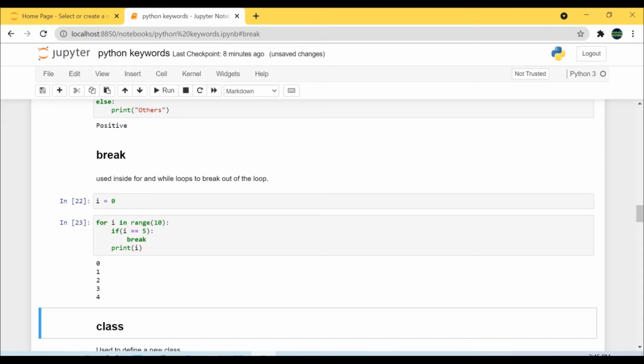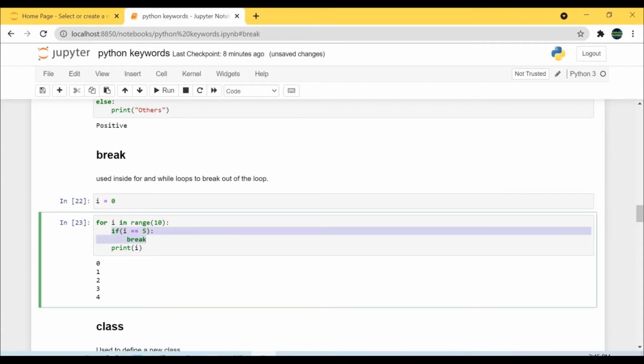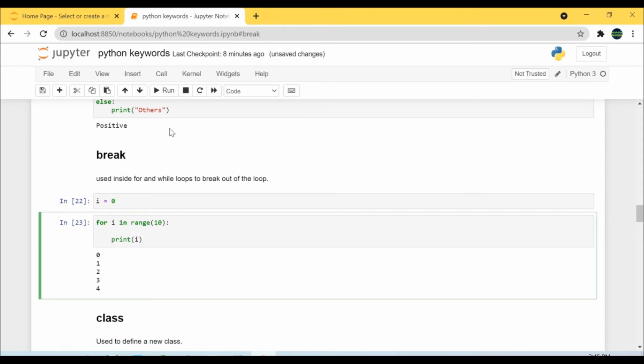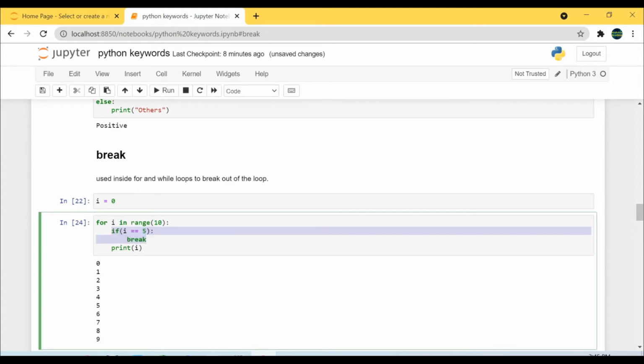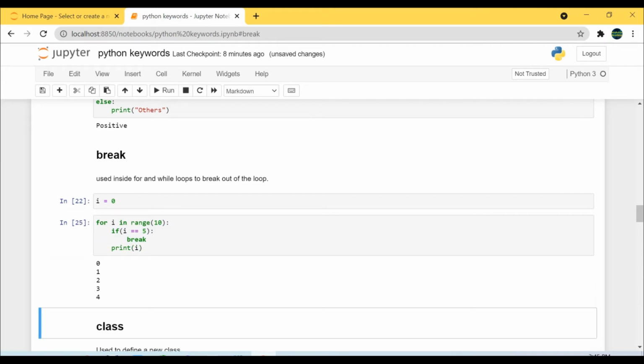Okay, we print i. If we don't use this statement, we are going to print all the values. But using the break statement, when we reach 5, we break, we get out of the